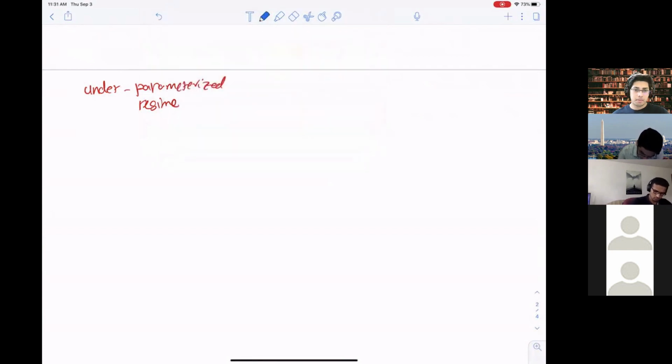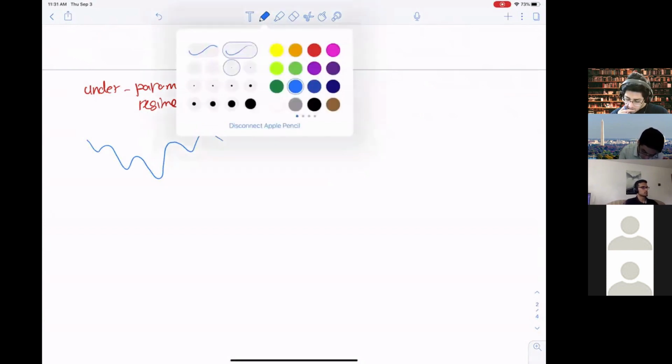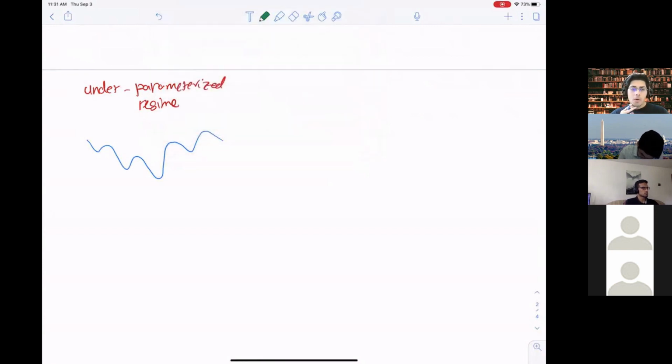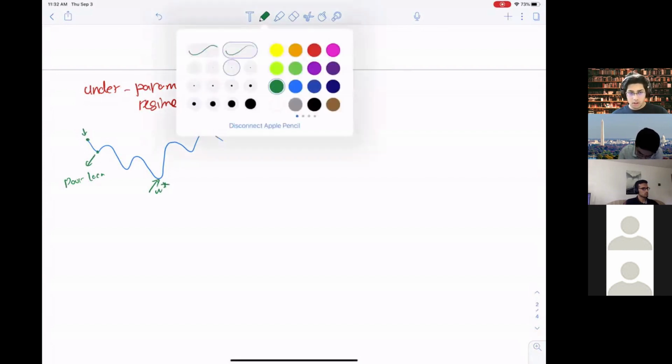In fact, the picture I draw can happen. We can have all of these issues. We may have a poor local minimum here. We can have saddle points. This is my poor local minimum. So if I start from somewhere here, I'm going to converge to this point while my w star is here. But interestingly, in an over-parameterized regime, we